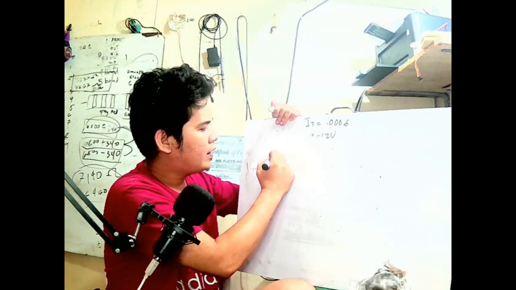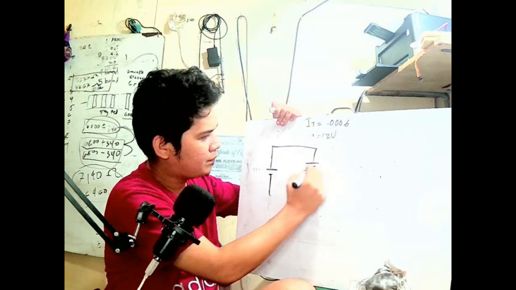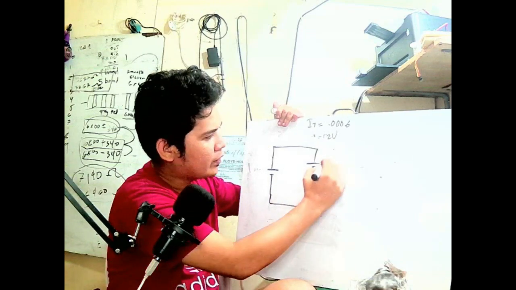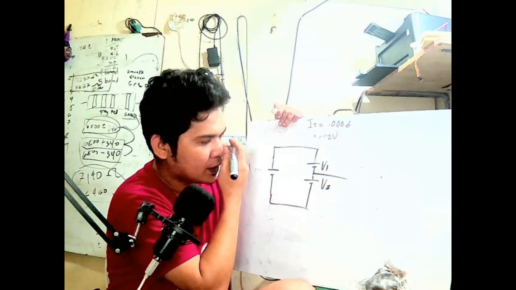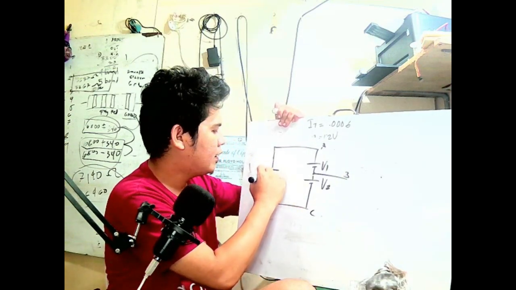Okay, we have a Vn and we have a voltage drop here. Now, ito na ngayon yung ating V1, V2, and ito yung ating node B, A, and C,